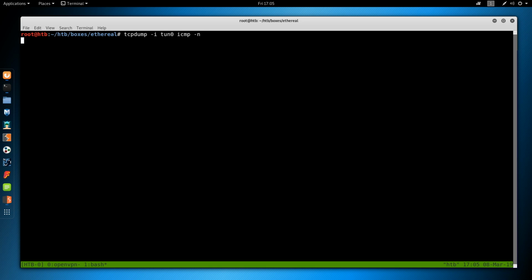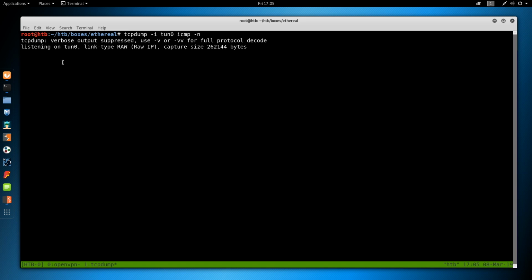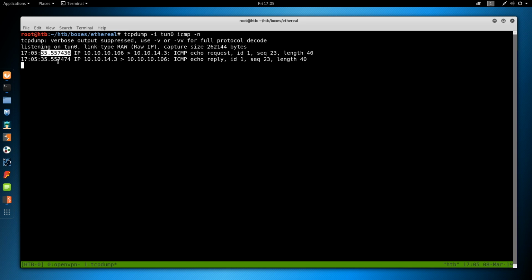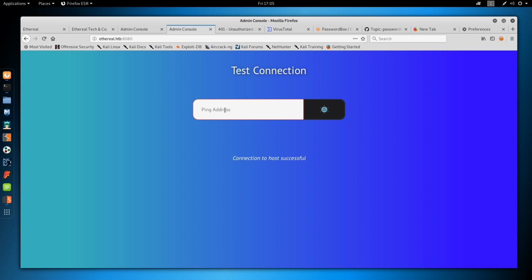So let's start tcpdump again, and we'll do -n 1 10.10.14.3, and then a &, and ping -n 1 10.10.14.3. So click go, and we should see 1 ping and 2 pings. So we have validated that we have command injection. So we could try like -n 1 127.0.0.1 and